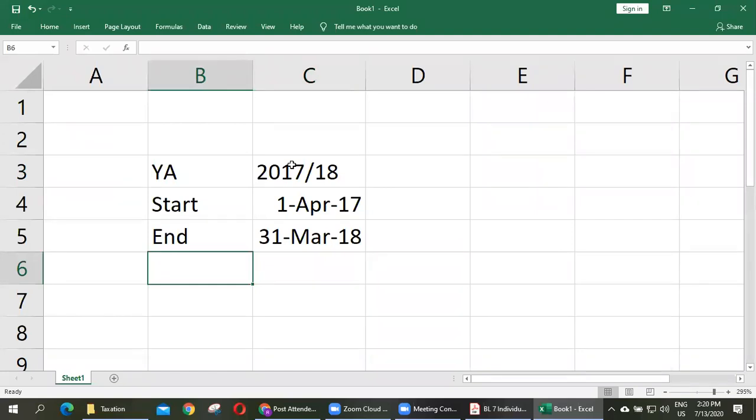And also you have to be very careful that if anybody gives a date, you have to decide on which year of assessment this date comes. Say for example, I say one date, 31st May 2019. This date falls on which year of assessment? Please tell your answer on chat box.